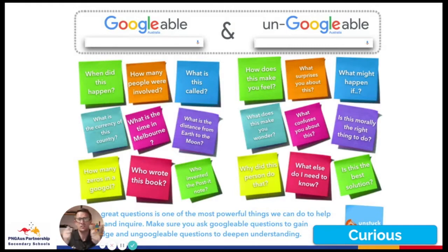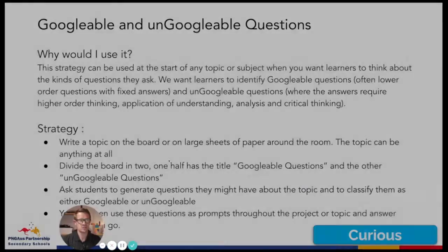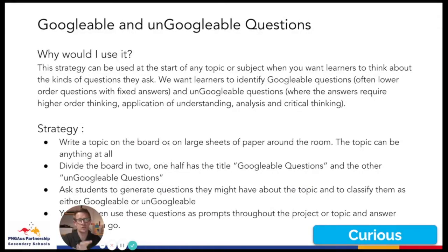That idea of categorizing types of questions is a great little technique that you can do with your students to really encourage their curiosity. And in your learning journal, you have this little strategy section that you can see on the screen here, a set of instructions about how you might use it. And with Googleable, Ungoogleable, we might have a go at gathering questions on post-it notes and sorting them in the room. You could have it on a tabletop or on a board somewhere